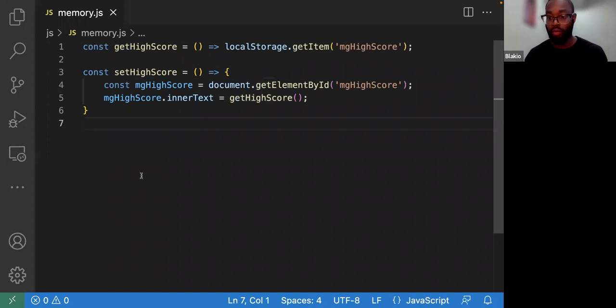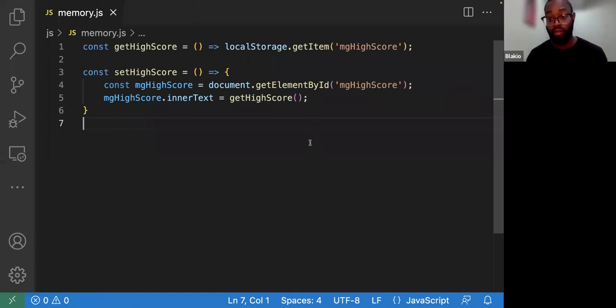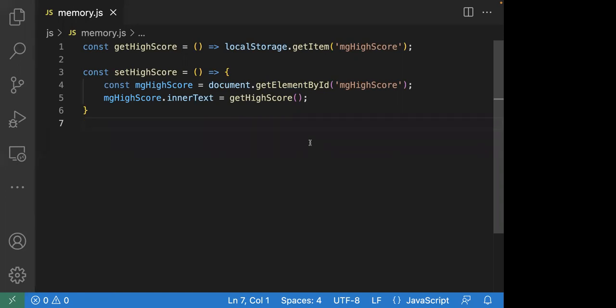I'm not going to add comments. So you've got to call that function when you want it to work. You always want to set it pretty much at the beginning of the program. So get the high score, and then you're going to run set high score. If you wanted to just run that, you would just write set high score with the parentheses on there, then the semicolon at the end, and you're good to go. But you'd probably throw it in another function and throw some hot sauce on it and make it spicy.